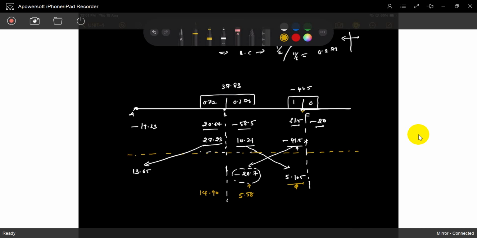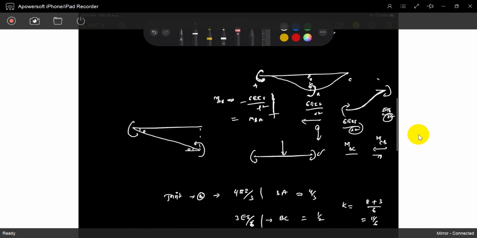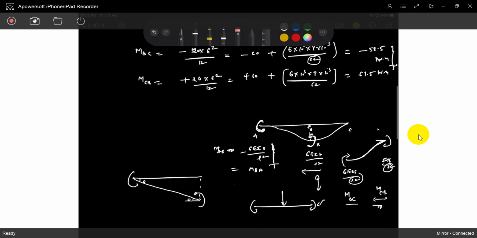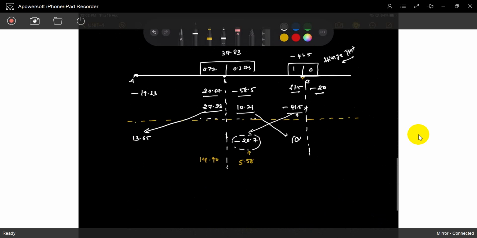One thing you have to mark. One thing you are missing. What is missing is that there is no required 5 point, because one thing you should remember: C is a hinge joint. That is what we missed. Far end is a hinge joint, so there is no carryover moment. It's 0. C is a far end, not a continuous or intermediate joint. So there is no carryover moment to the hinge joint.